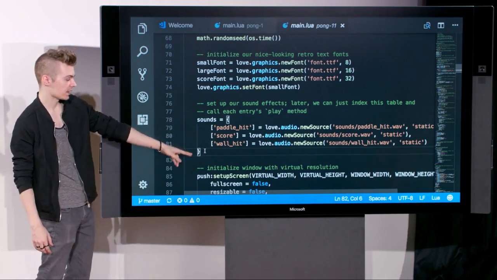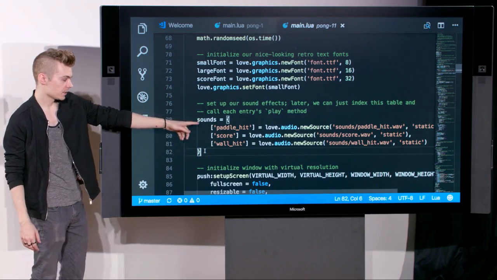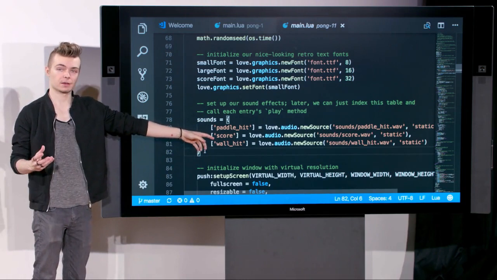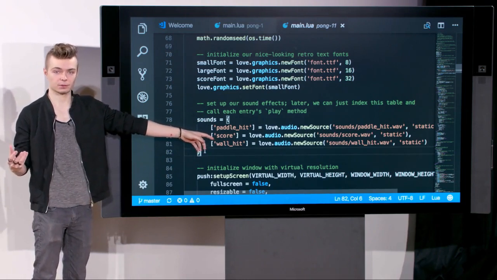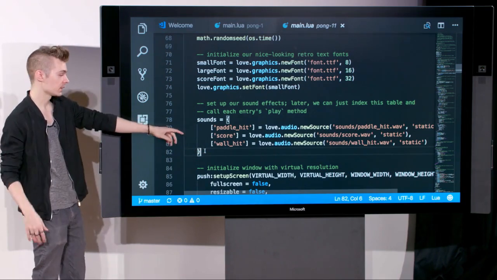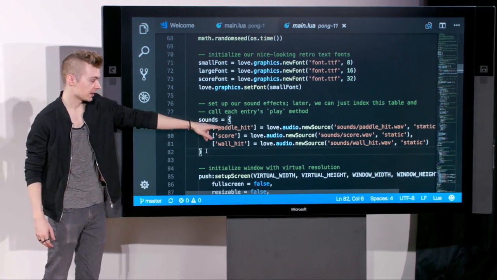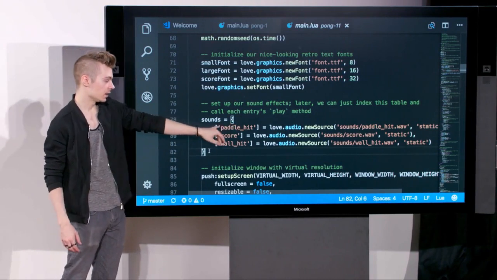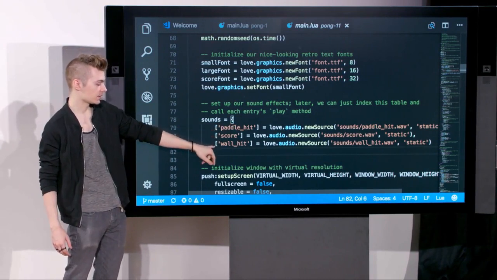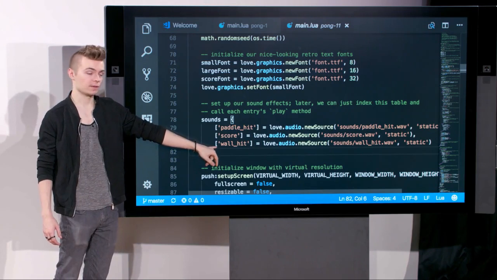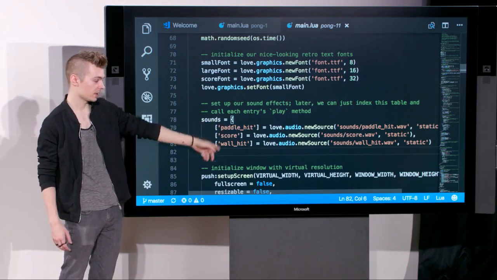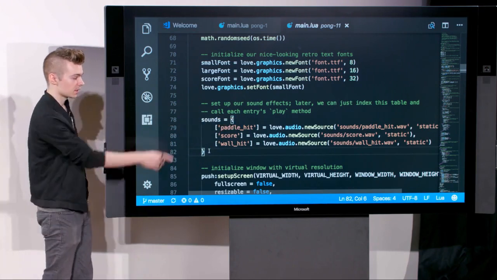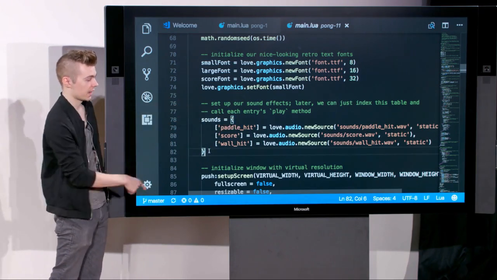In this case, we're just initializing a table here called sounds. And we're passing in 3 keys, so it can take in key value pairs, or you can just give it a list of values, and it'll create indices for them implicitly. Here we're just passing in, like you would do in Python or JavaScript, paddle hit. And note that it does need these square brackets in order to initialize key value pairs in a table in this format here. Paddle hit gets love.audio.newSource, and in this case it just takes in a path, so sounds/paddle_hit.wav,